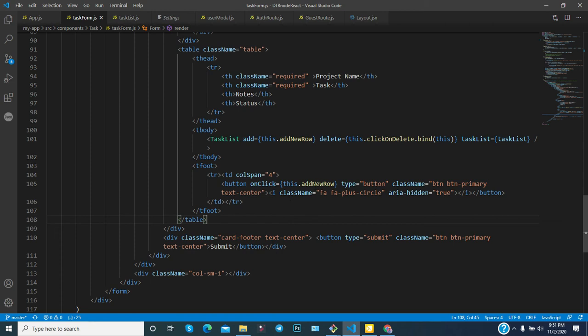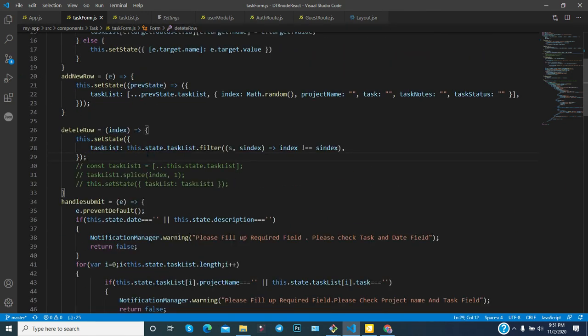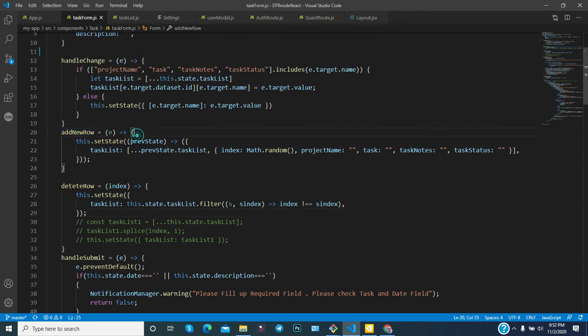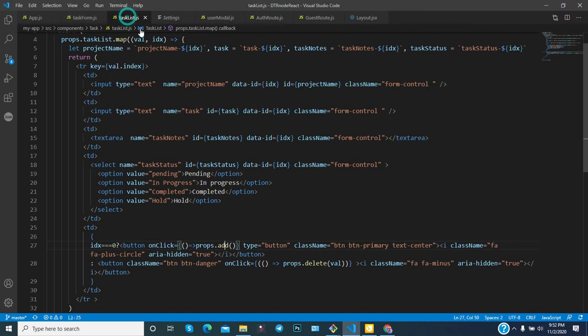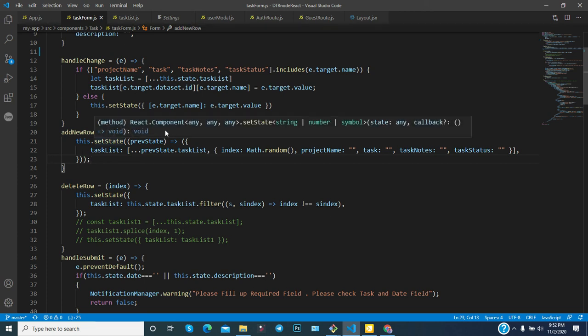Okay, so let's talk about add new row, and delete on click. For add new row, as you can notice, you have passed the value here. Here you can notice the on click for the add. You have not passed anything.